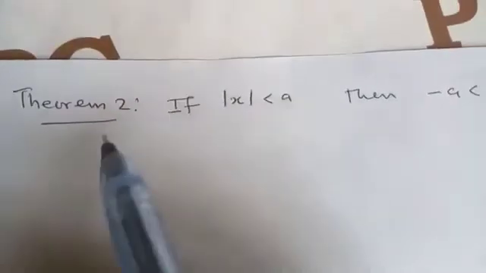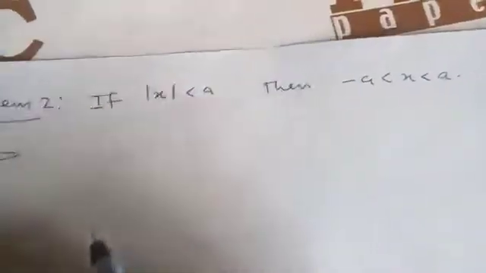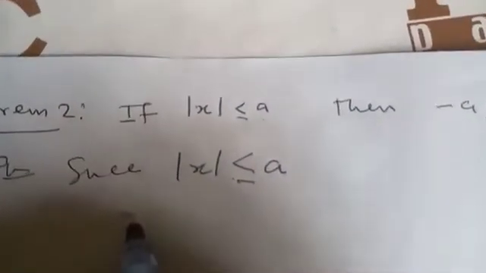Another property. We have another theorem here. If absolute value of s is less than a, then minus a is less than s is less than a. So this is another interesting aspect of the absolute value, which we may likely have come across. Now let's prove it. Since absolute value of s is less than a, and it also works for less than or equal to. Let me generalize it. So since absolute value of s is less than or equal to a, so that will simply show that